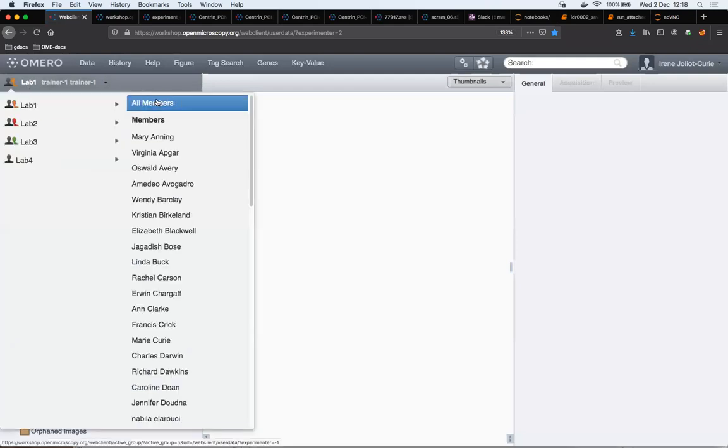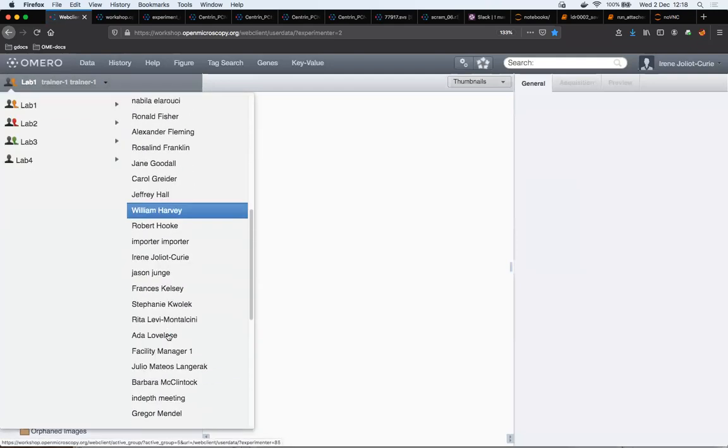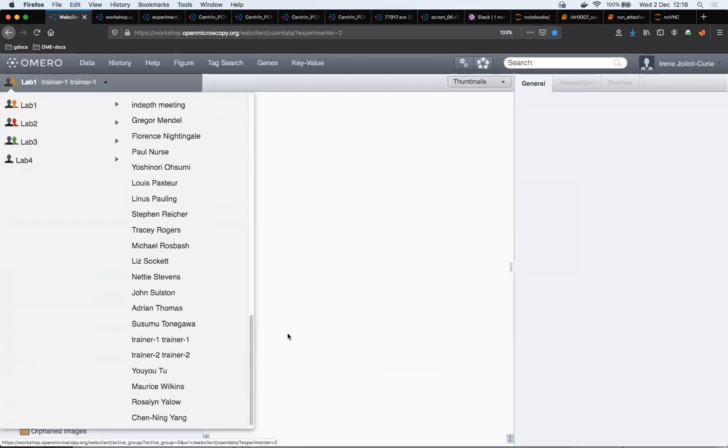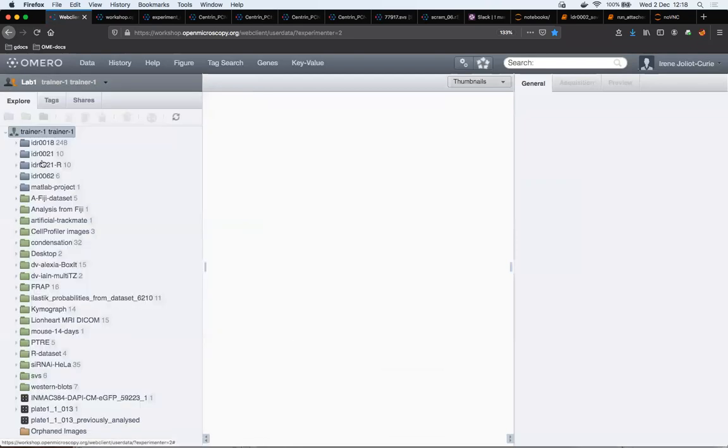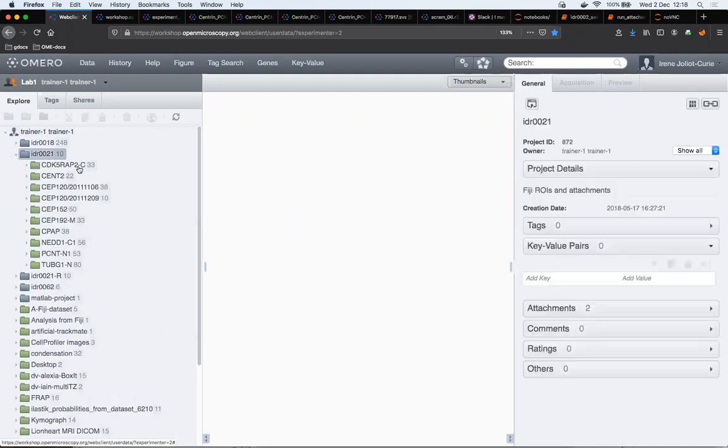What we are going to show now is a tool called OMERO.parade, which is a data mining tool, and we will show how to go through the images which are stored in OMERO based on the qualities of the images, such as came from the results tables coming ultimately from our analysis in Fiji. So if we select the project called IDR 0021, the Fiji dataset which we were working on before the break,